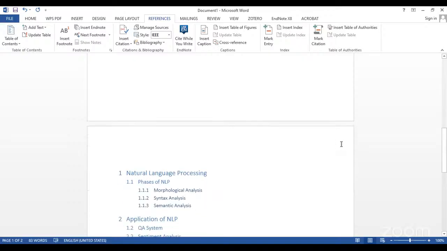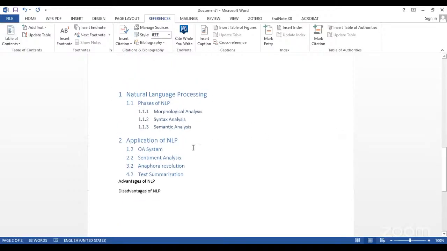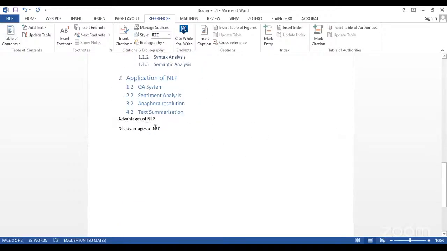Suppose I have to add some text here, like anaphora resolution, then the types of anaphora resolution. Suppose I want this content in the table of contents.